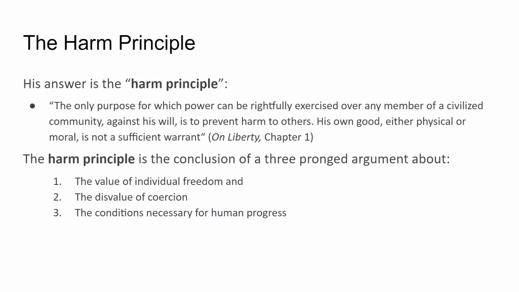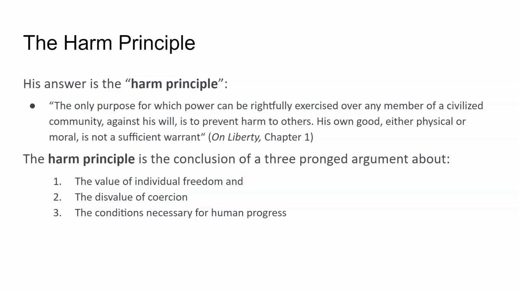Now, this is the conclusion of an argument. It's not an argument at all, right? It's a principle. It's a principle that needs to be defended, and that John Stuart Mill spends a good part of his book On Liberty trying to defend. Note there are plenty of interesting details, right? A member of a civilized community. Does that mean that if the community is not civilized, the harm principle doesn't apply? Hard to know. And what is harm anyway? Well, that's a big kettle of fish, right? What counts as harm? Are all hurts harms? Are offenses harms? These are questions that Mill is going to have to address in order to give some content to this principle.